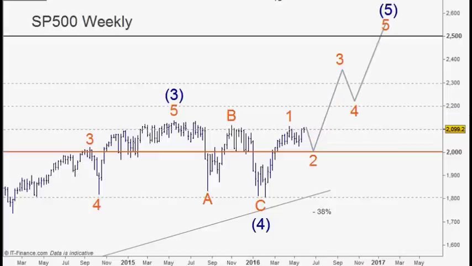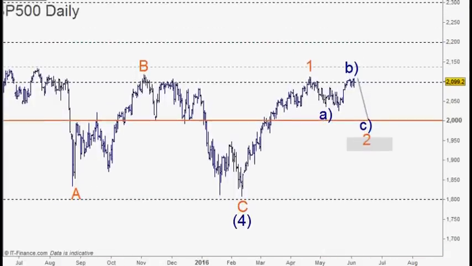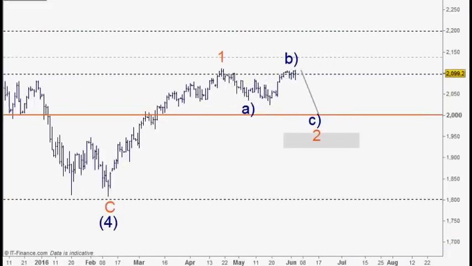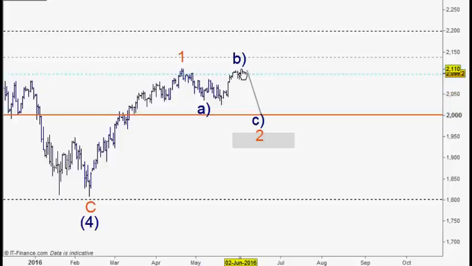On the daily chart, just to drill in here somewhat, we're looking at it like this. So just open this up a little bit so we've got a bit of understanding about this. We've got wave 1 here with an A wave, and then an A and a B and a C wave. We've been looking for 5 waves up into this area through here, so we're looking for this B wave to come in, and then the C wave down here at the 50-60% area is what we're, well, that's